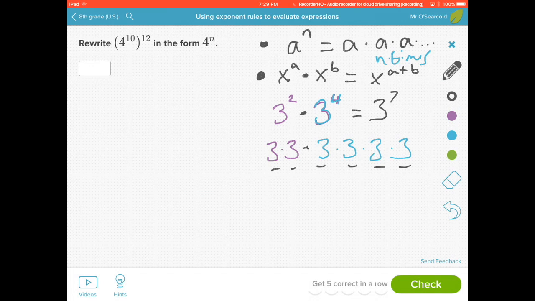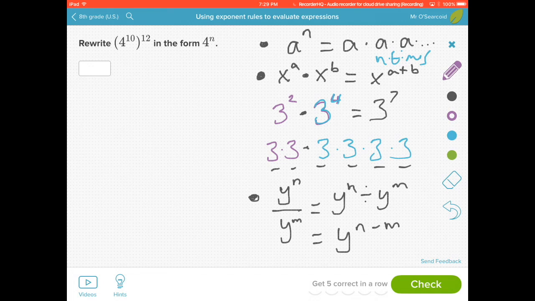The next rule is the division rule, and it works exactly the same way as the multiplication rule. If you've got y to the n over y to the m, that's basically the same as saying y to the n divided by y to the m. That's equal to y to the n minus m. And if you think about it the same way, if you've got 4 to the third power divided by 4 to the second power,